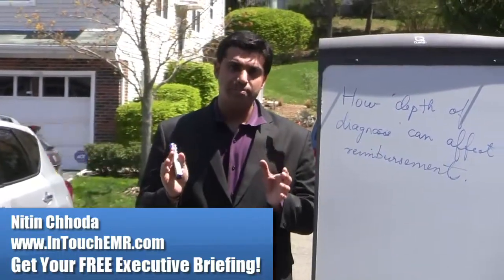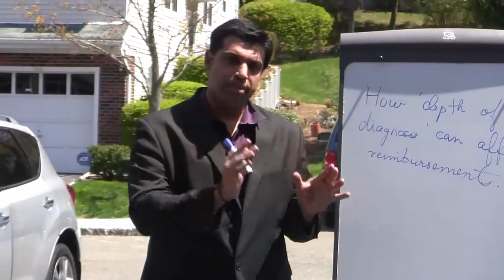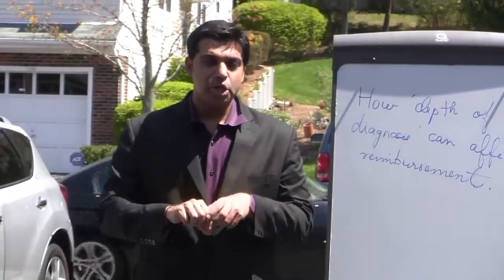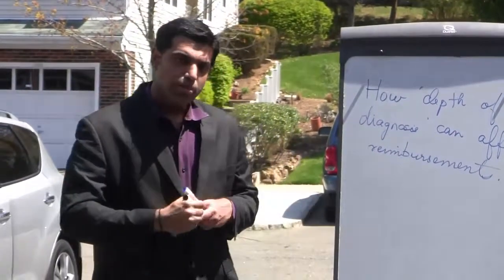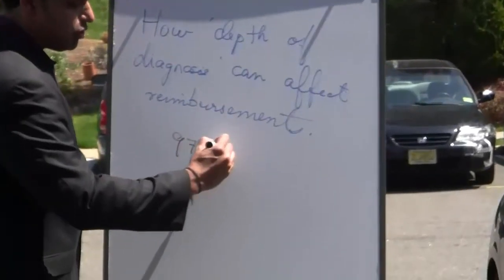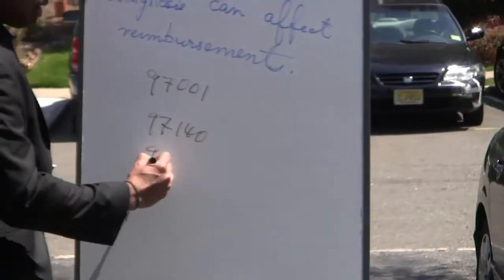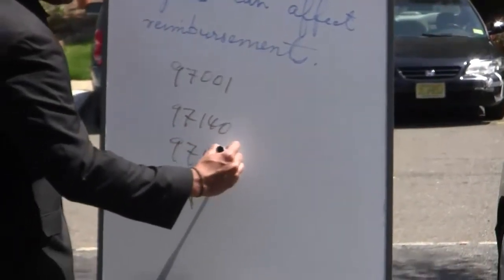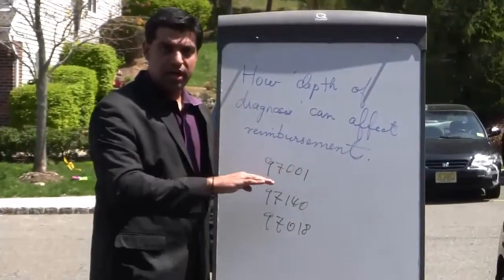Whenever a claim is submitted from your documentation system over to your billing software, keep in mind that your claim has what are called different line items. What do I mean by that? If you're a physical therapist, you're probably going to be billing for a 97001, billing a 97140, perhaps billing a 97018. These are called different line items in your claim form.